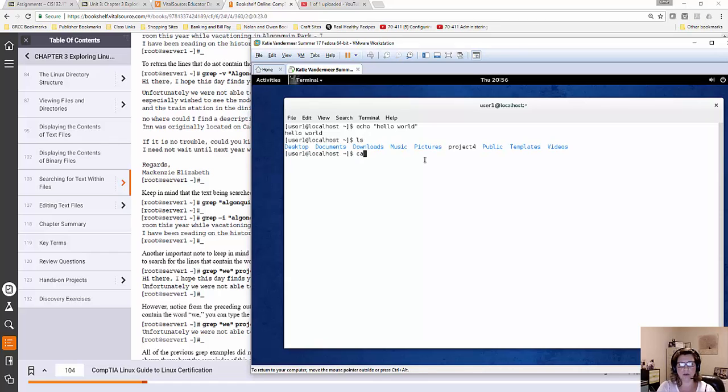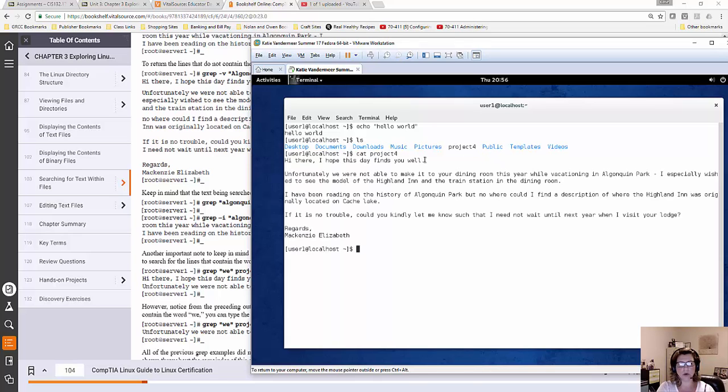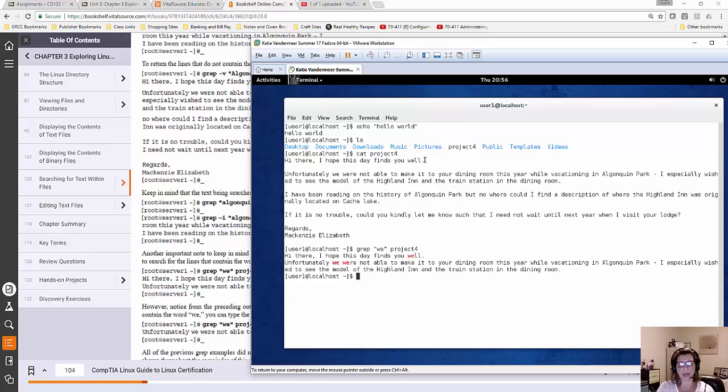In my file that I have, project 4, we can use grep to search for a string from the command line. Say I want to look for anytime we have the word "we" in project 4. I could grep that, and the lines that have those letters would then be returned to me by just searching for that string. So in the book it shows us an example when we search for Algonquin Park,